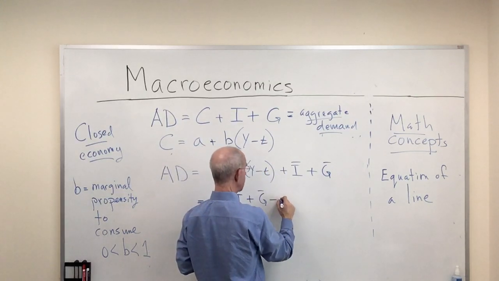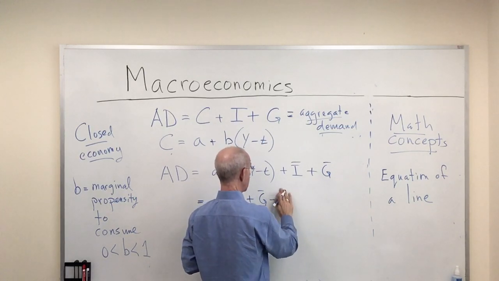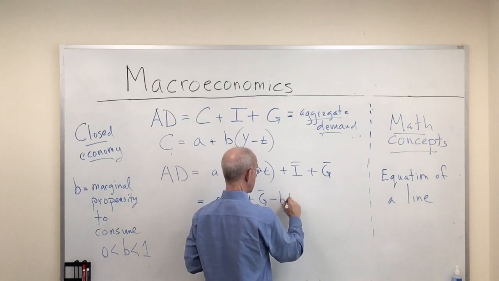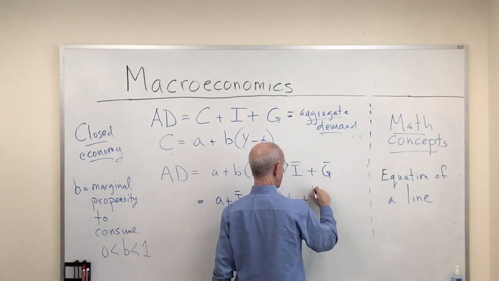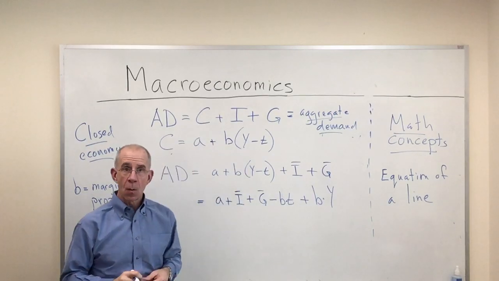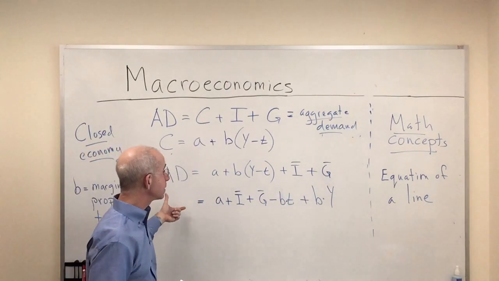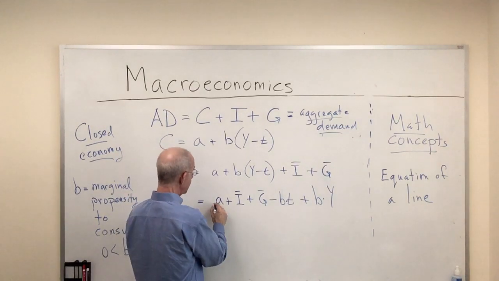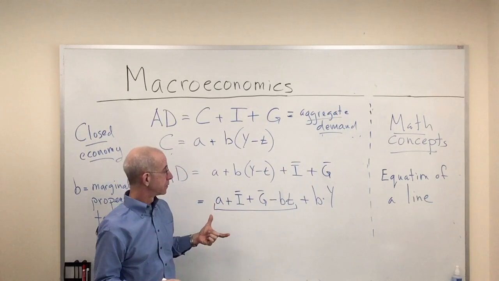So I'm going to have minus B times T plus B times Y. Now what I've got here is a relationship between aggregate demand and a number of variables,